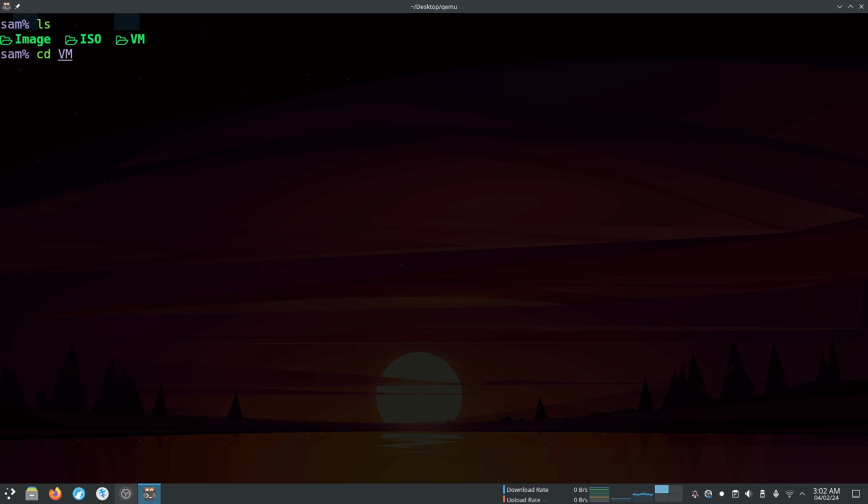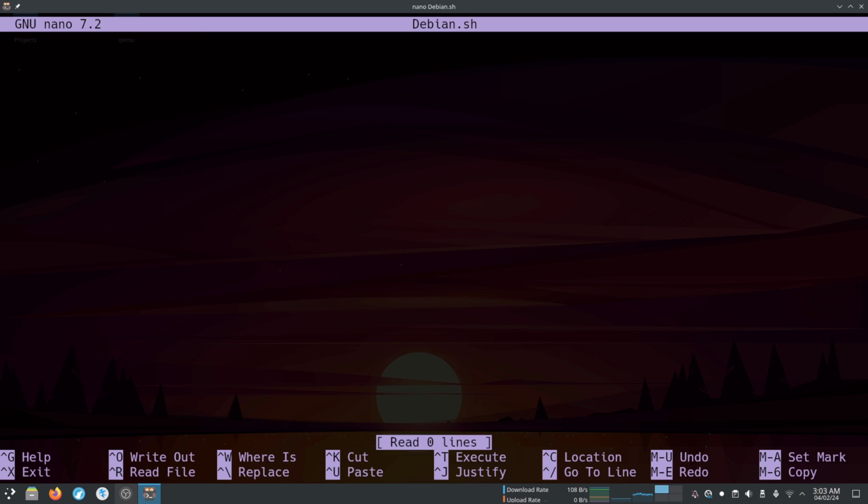Now change the directory to the VM folder and open the script inside your favorite text editor. Type qemu-system-x86_64, then BIOS.